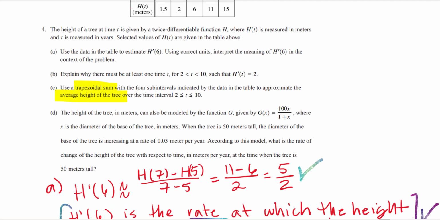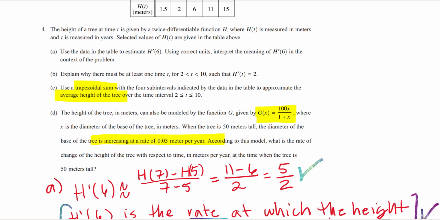So for D, the height of the tree in meters can also be modeled by a function. So it gives us a new function, right? So make sure you're using that appropriately, where x is the diameter of the base of the tree in meters. When the tree is 50 meters tall, the diameter of the base of the tree is increasing at a rate of, so this is going to be important later too,